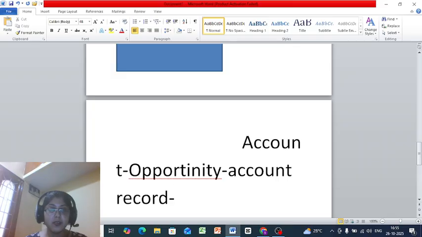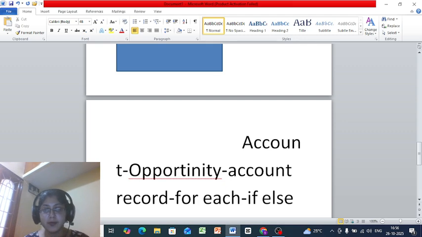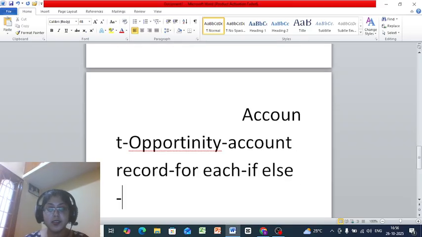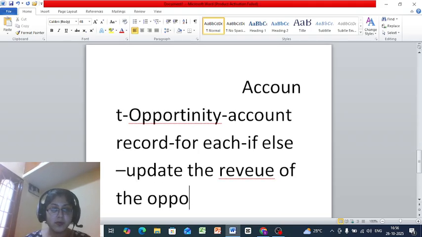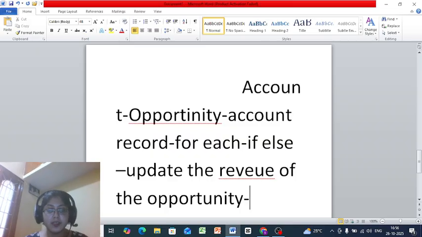We write the conditional statement as if or for based on the theory, where I choose a for each loop for the iteration, and then I quote a condition using if. The statement should be clear that we have used if else statements, so that the condition is completed after we update the revenue of the opportunity. After we update the revenue, the result should be in place with a statement that the revenue is